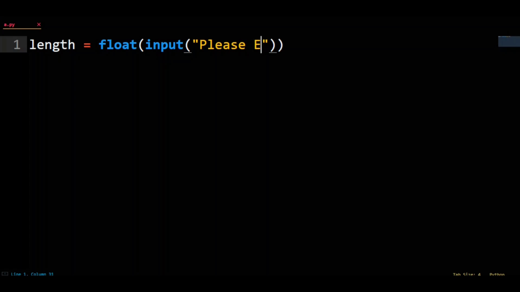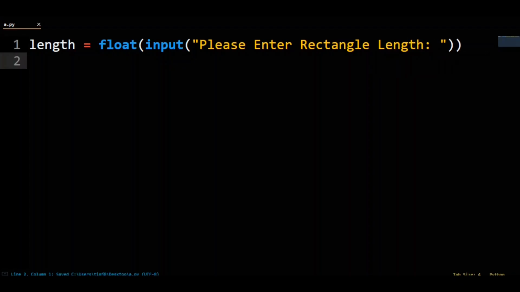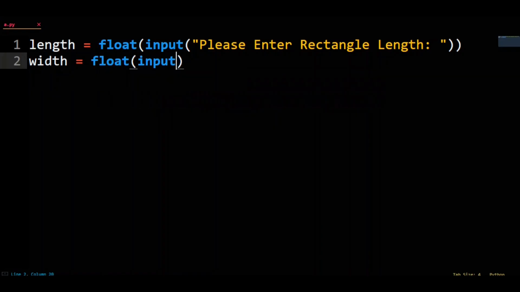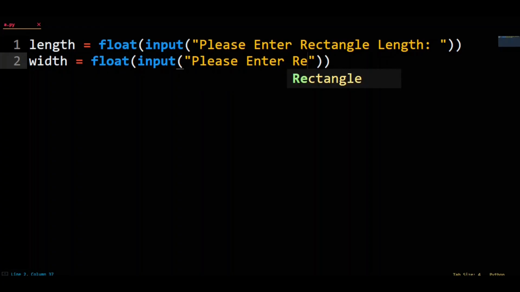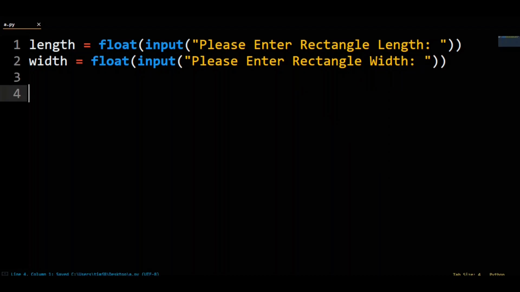please enter rectangle length, colon space. Width equals float of input of string, please enter rectangle width, colon space. Next, perimeter